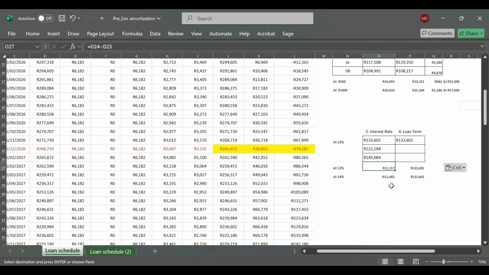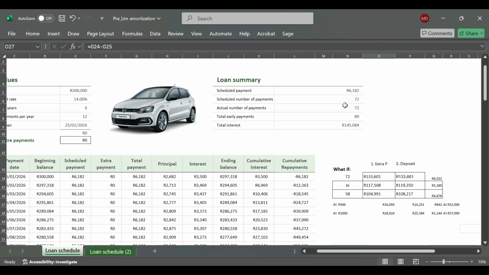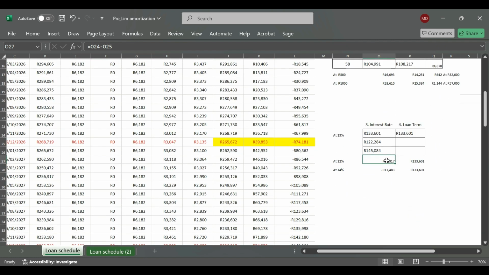Then now you can see, yeah, if your credit score is good, you're going to be saving yourself around about 11,000 rands, if the loan term and everything else remains 6 years and you don't do any additional payment. But if you want to do additional payment, you can always run that scenario. You can add the deposit and play around with those scenarios. But you can see here you're already